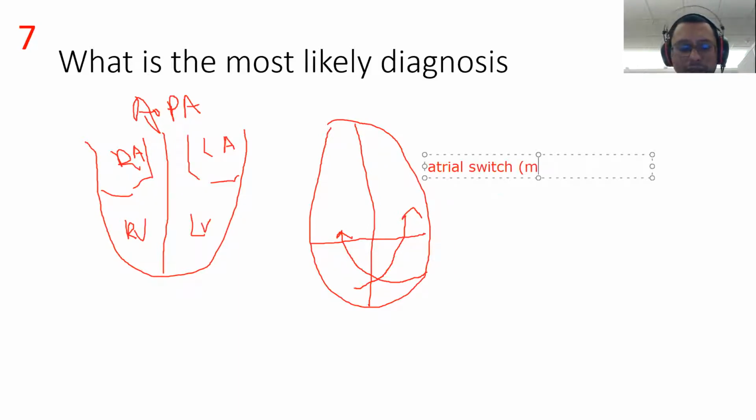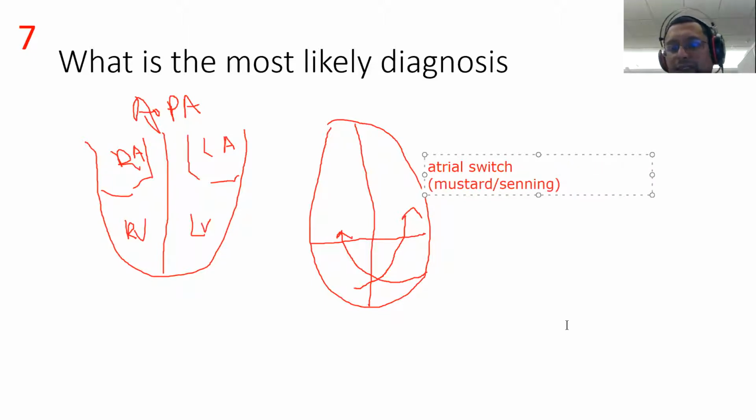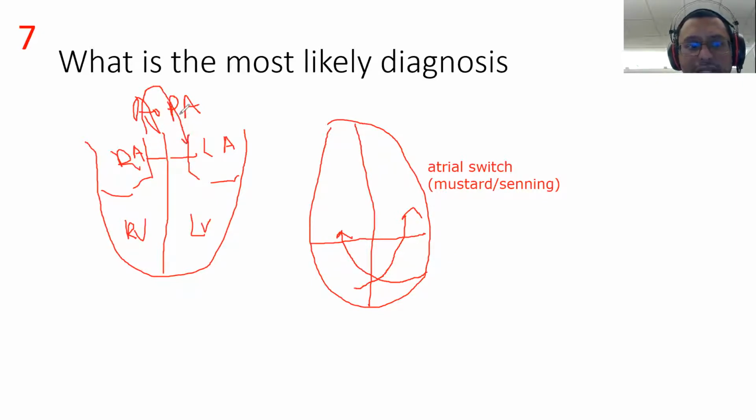So this is Mustard, which uses pericardial tissue from an animal. Senning uses our own atrial tissue. So this is the atrial switch procedure, before the 1980s. After the 1980s, they found they can just swap places. They take the aorta and bring it to the PA side, and bring the PA to the aorta side, therefore correcting the abnormality. That is what we call